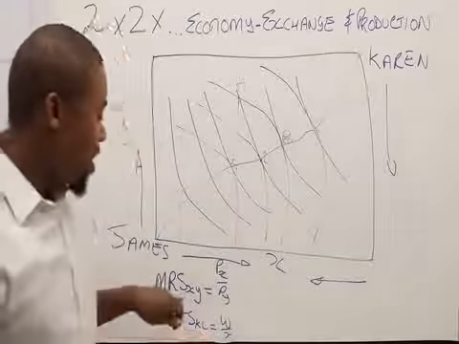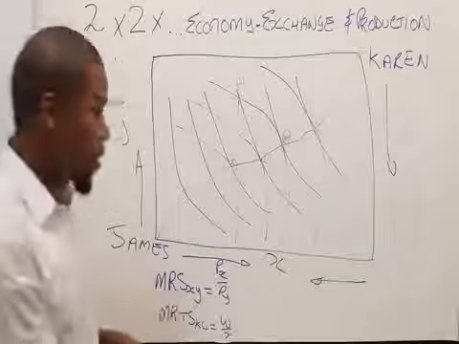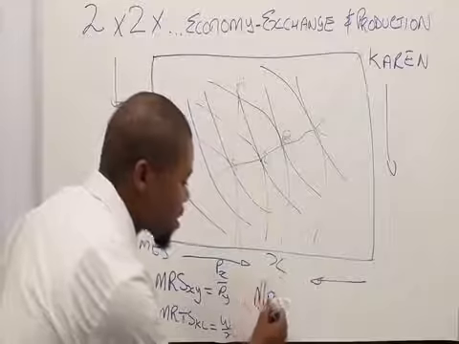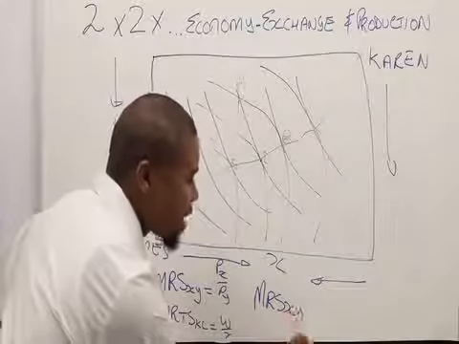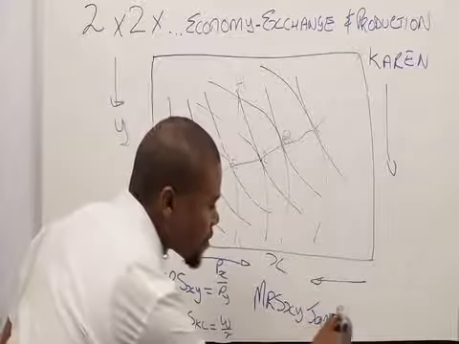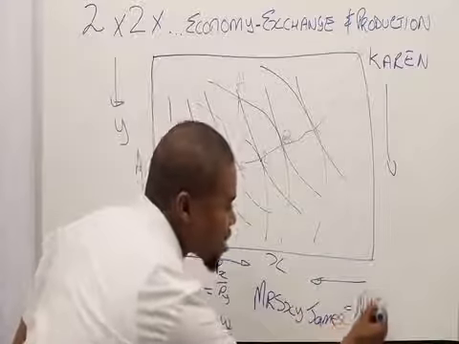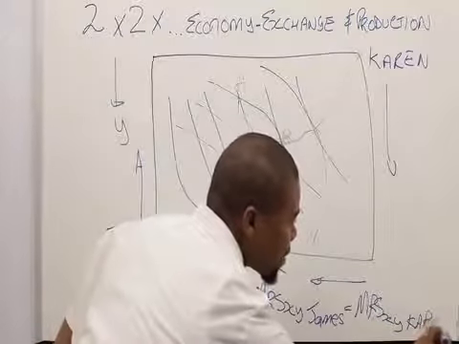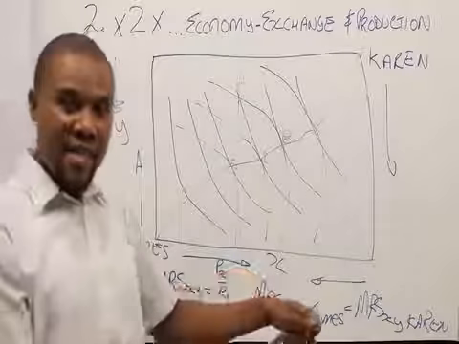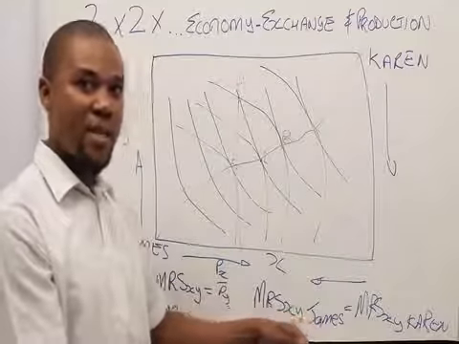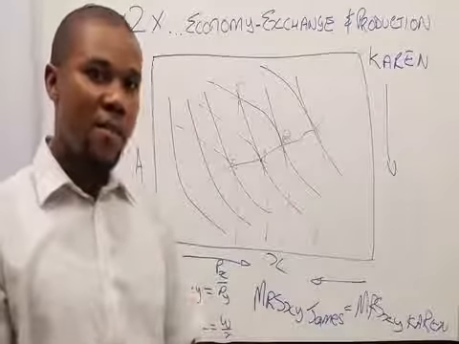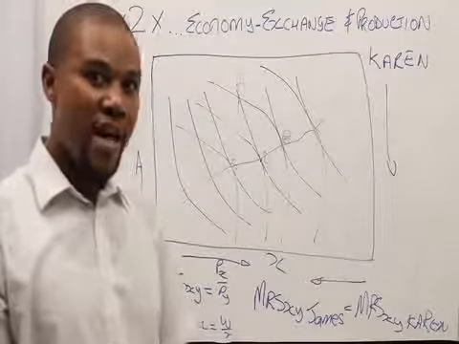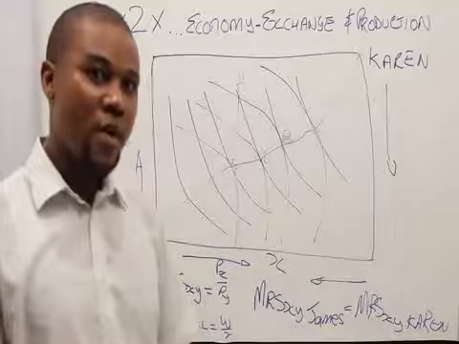Okay, so the marginal rate of substitution, okay, I can write it down. The marginal rate of substitution between X and Y for James equals the marginal rate of substitution between X and Y for Karen. So this is sort of the initial step that we are developing in finding the equilibrium condition for the exchange sector. So what we're going to do next is look at what happens when you've got a price